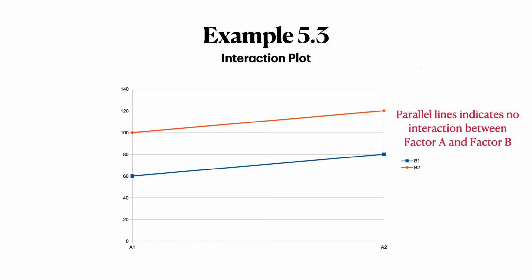And again, in this example, along with examples 5.2 and 5.1, we are pretending that we know the actual treatment combination means. All right, and so in this idealistic situation, we can look at the plot and determine whether